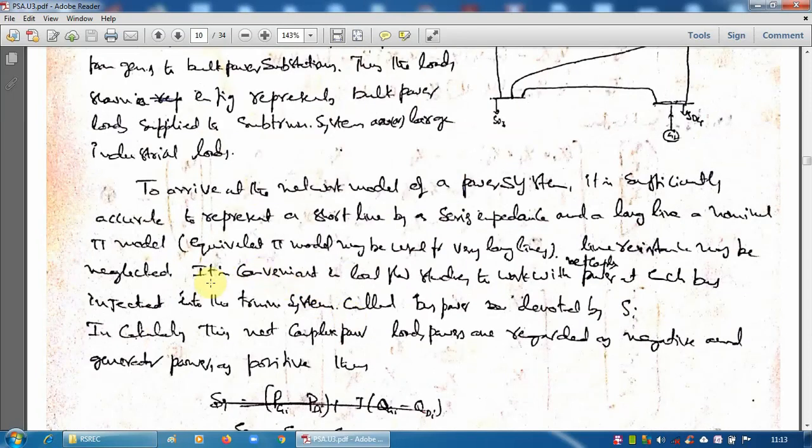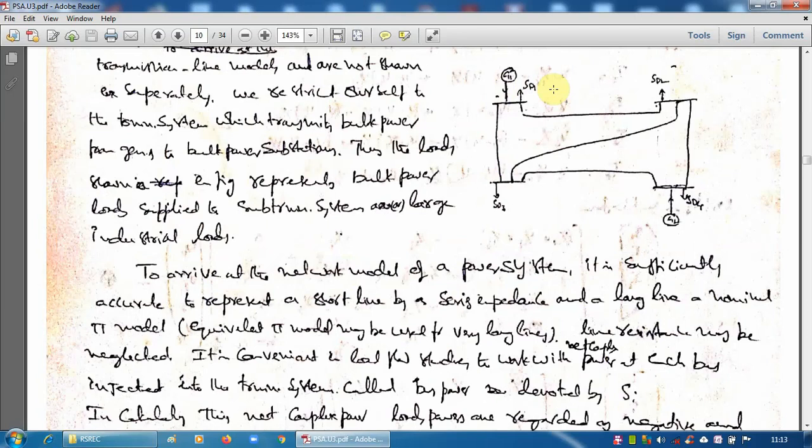Next, another point, it is convenient in load flow studies to work with net complex power at each bus. At each bus, we will represent net complex power flowing into the bus. That is what I said in the previous discussion. I said at that point that we will come across this topic or this concept later. Now you see, we come across that point.